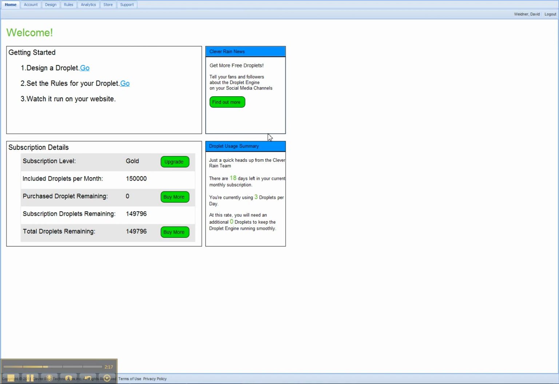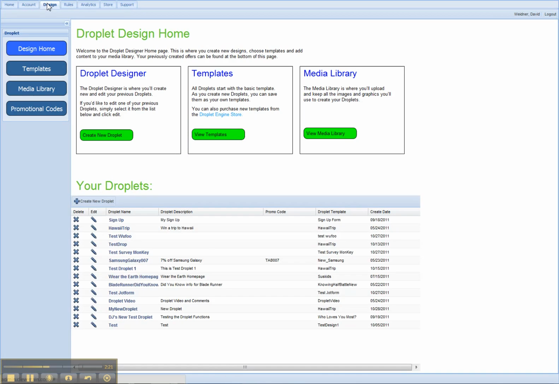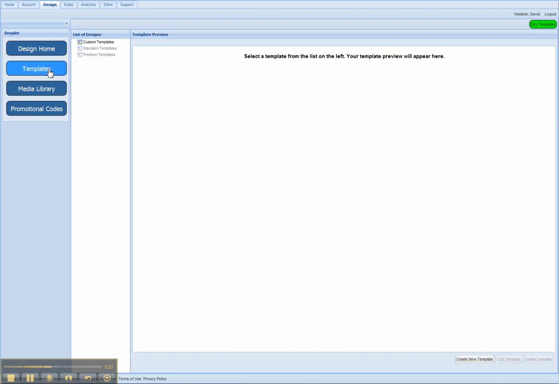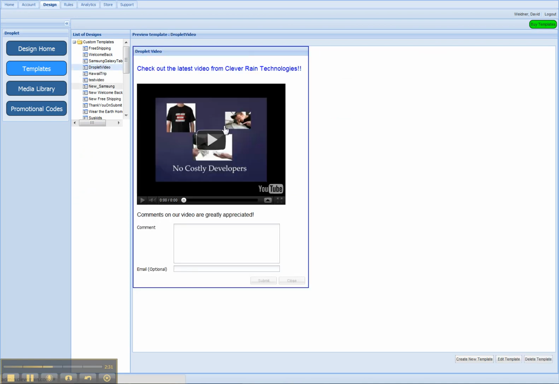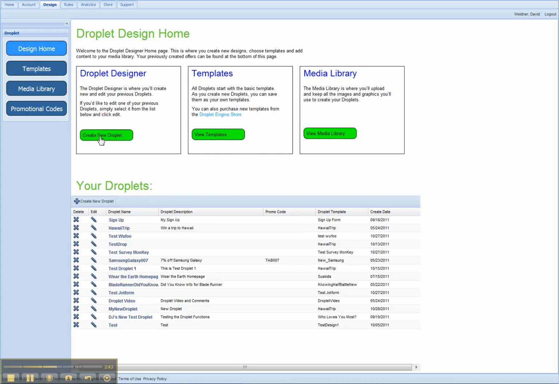First, let's take a look at design. From the Design tab, we can create new droplets as well as the designs that are presented within the droplets. Designs we call templates because they can be reused. So for instance, here is a droplet video template or the Samsung template that you saw presented earlier. To create a new droplet, we simply go create a new droplet from the Design home